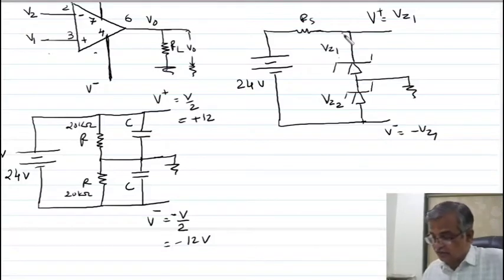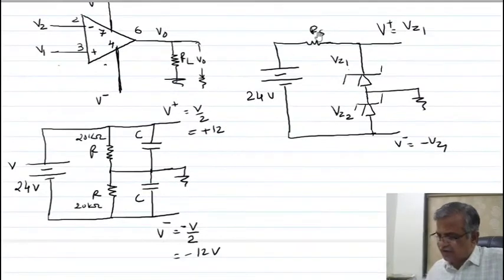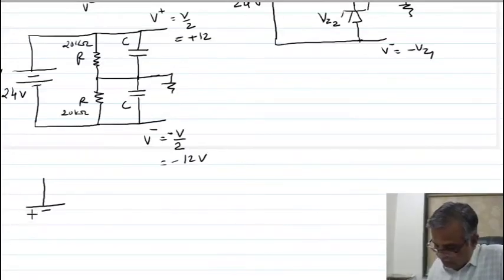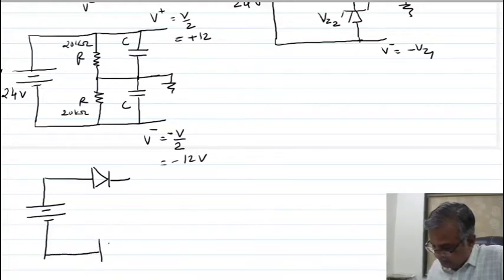There is another way you can get the power supply. I am showing you. Here, RS is what you have to take care of. The value of RS is selected such that it provides the necessary current to get avalanche breakdown of the zener. You can get two different power supply voltages, plus and minus, from one power supply by connecting two diodes as shown in the figure, diode D1 and diode D2.